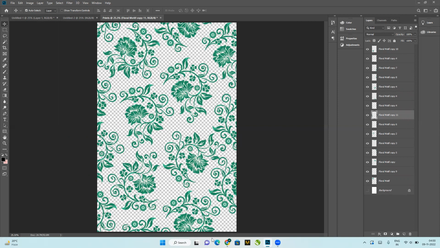And in the end, I would want to add a solid color to the background. So I told you, if you have some kind of selection and then you press Control Backspace, it's going to fill color inside that area. If I press Control Backspace right away and there's no selection,